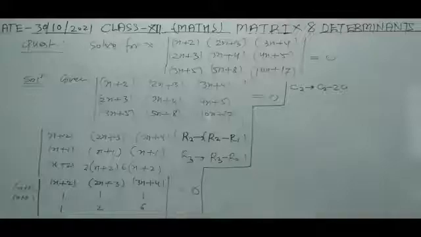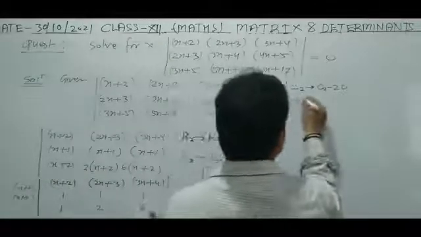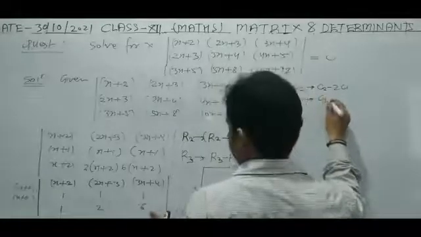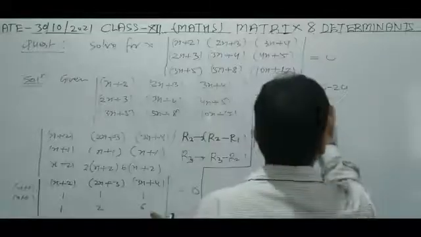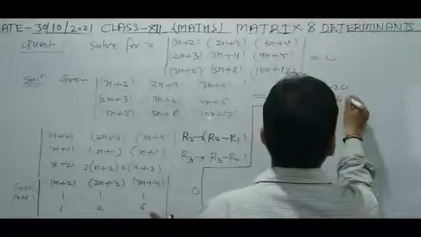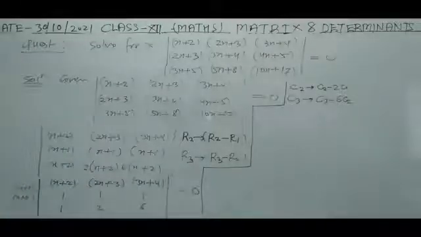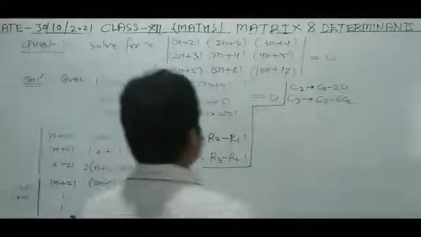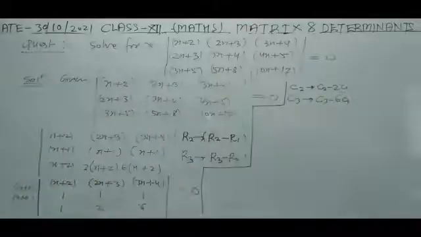Similarly, C3 tends to C3 minus 6 times C1. This is C1, so 6 times C1. So what can we get? The result will be